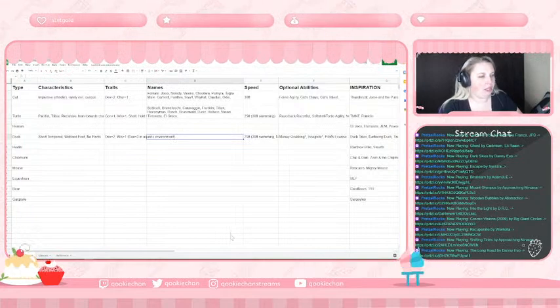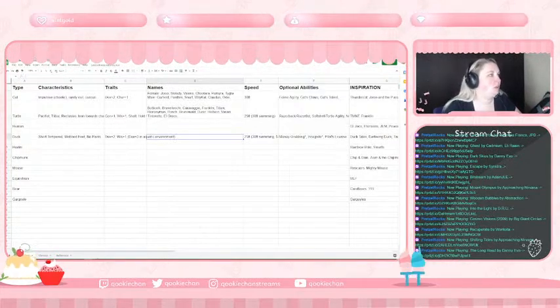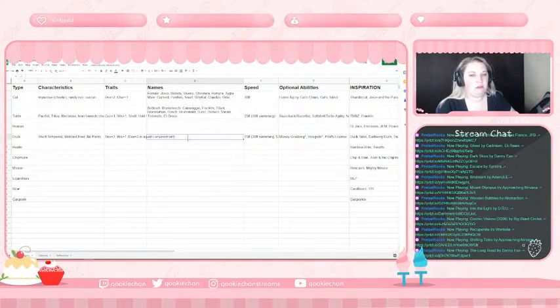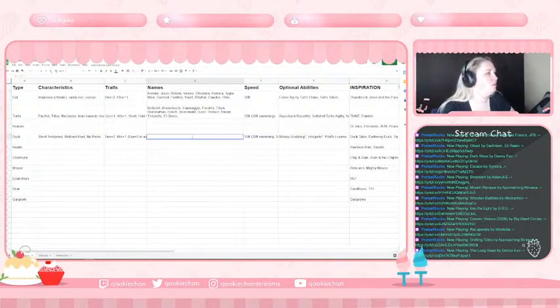We want to go with something a little more... let's look for DuckTales character names. So I don't want a lot of these to be the main characters, but Mrs. Beakley was a great name. So we're going to go with